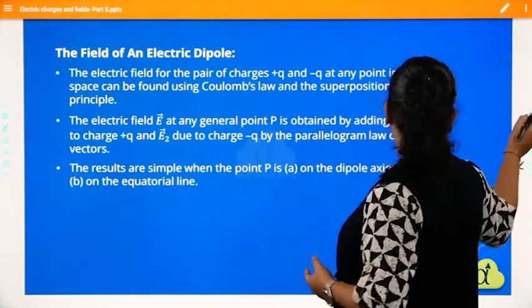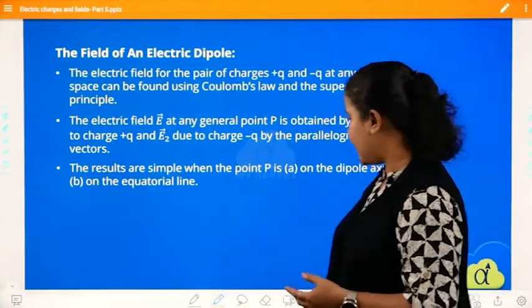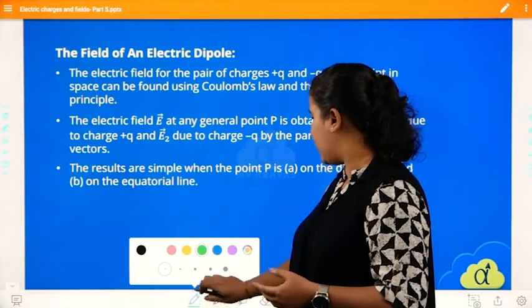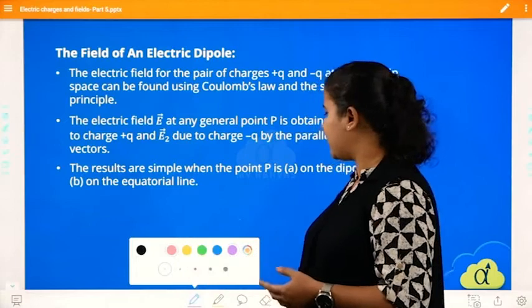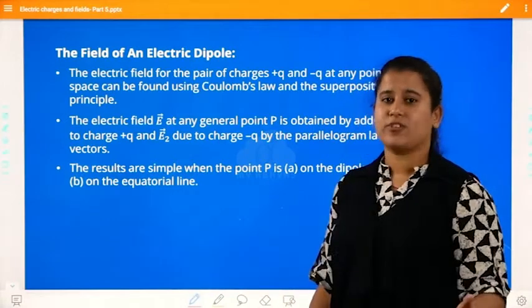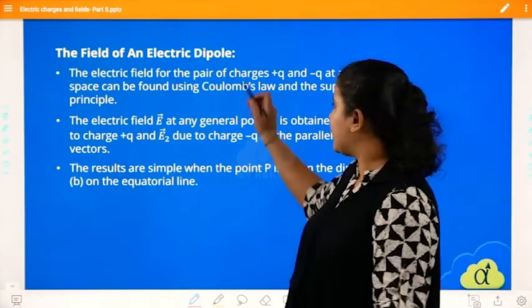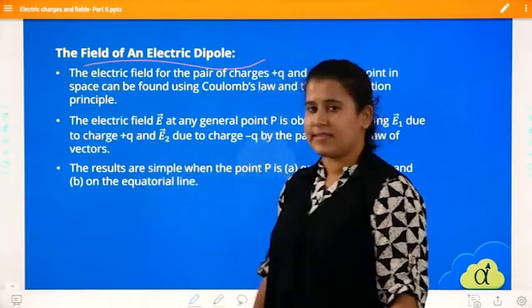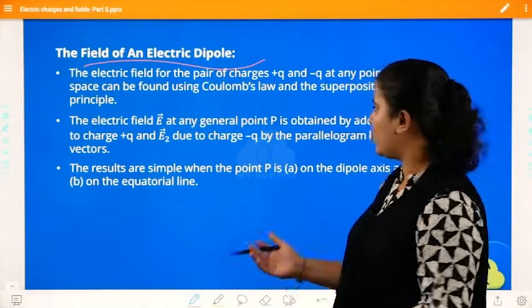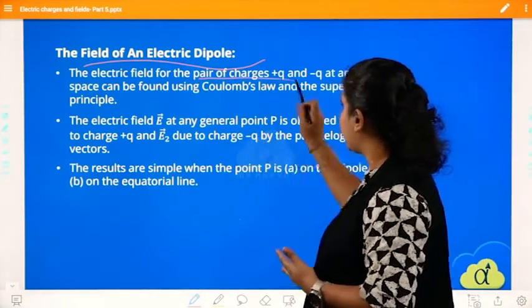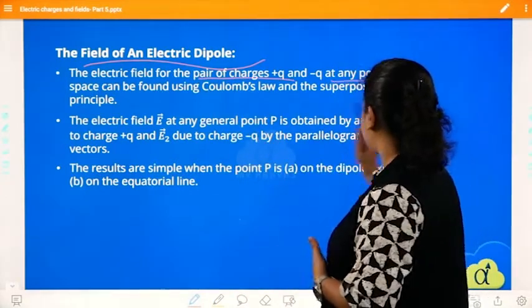Similarly, what does the electric field of an electric dipole look like, or what is it actually? We know, but how is it built up? How will the electric dipole field be building up? Clear, that we'll know. The electric field for the pair of charges plus q and minus q at any point